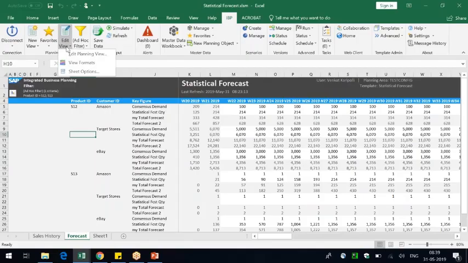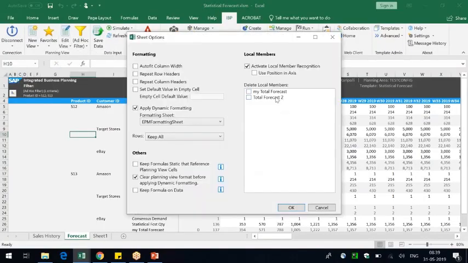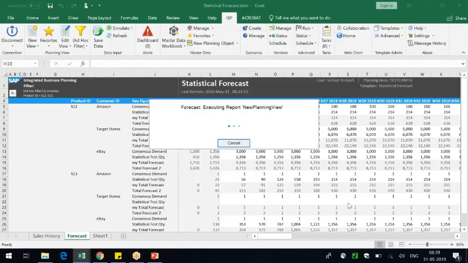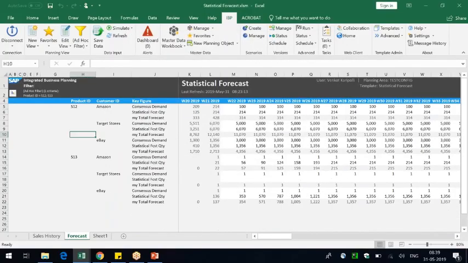Now I'm deleting the local member key figure. Same path: go to edit view, sheet options, delete local members. I want to delete my total forecast too. Click on OK. It just deletes that other key figure.